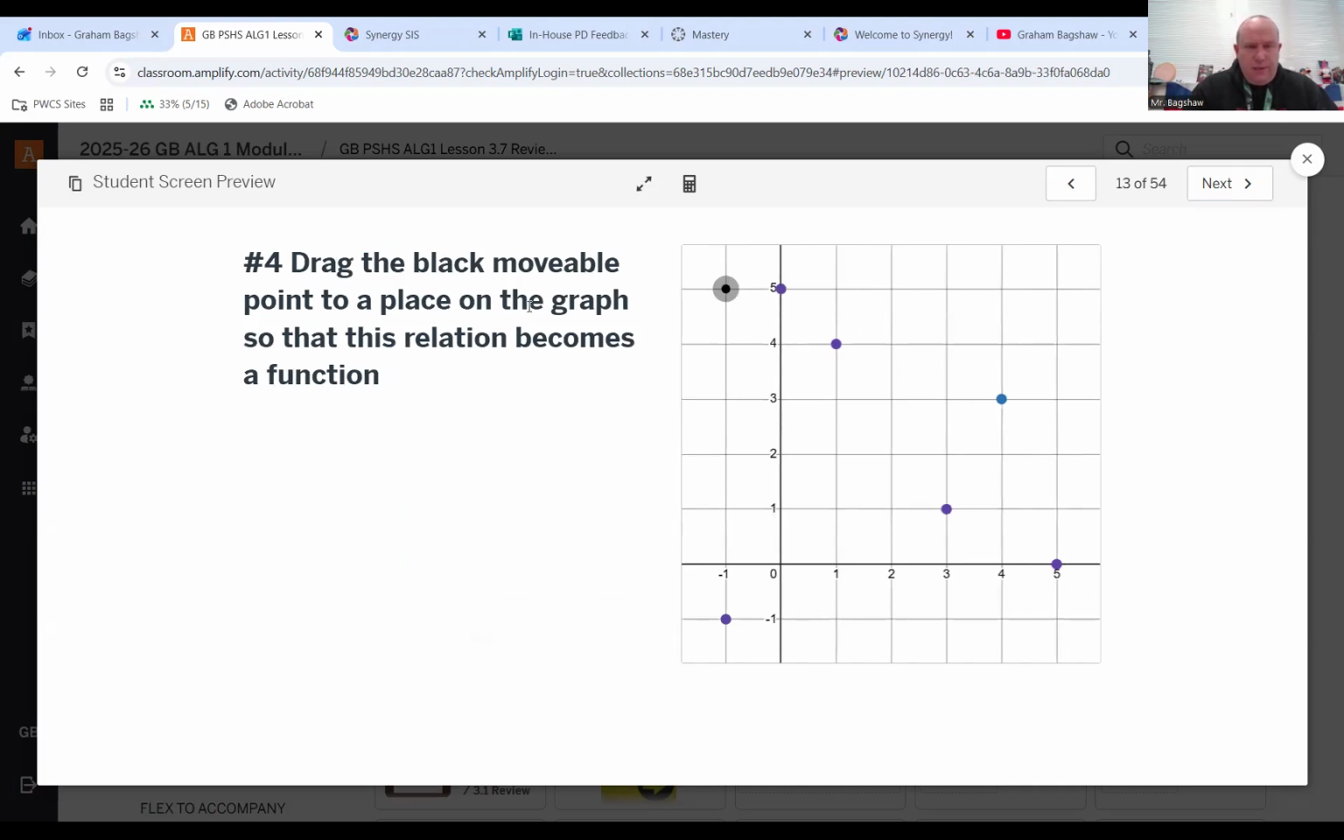Drag the black movable point to a point on the graph so that relation becomes a function. Now, in reality, this is a click question. You would click on the square where you think it should go, but we can't do that, so we're going to have to do a drag. So right now, I do need to drag this because right now, this is on a line with one of the points, so that would have a repeat. Same here. Same here. But if I move it to here, then there's nothing else that's on